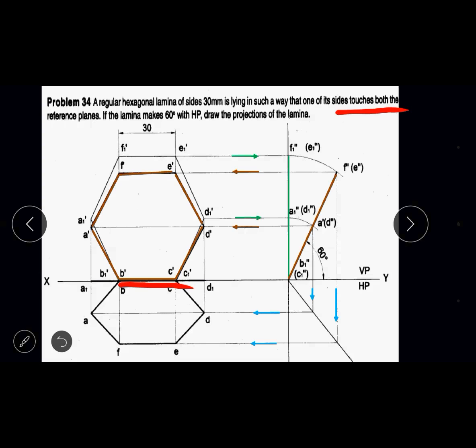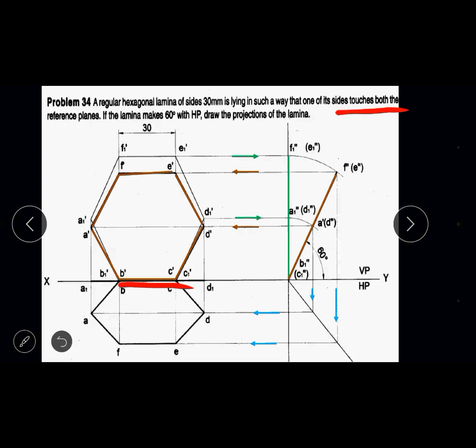So you can tilt the lamina. So from the ground surface you can tilt the lamina from 0 to 60 degree in clockwise direction. So in clockwise, not anti-clock. So in clockwise direction you can tilt the lamina to an angle of 60 degree from the ground level. So if you tilt the lamina, so the HP angle can be covered and all other things can be covered over here. So I'll just go ahead with the explanation of this solution.